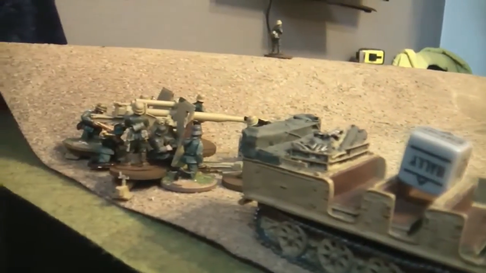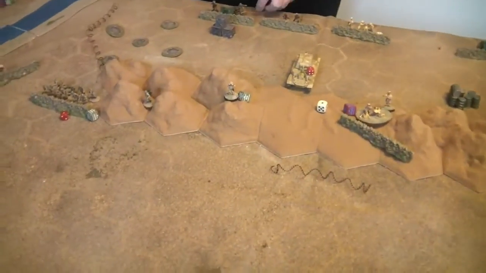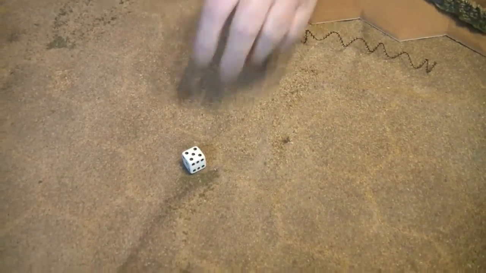And you need a 6 to hit, since you're shooting indirectly. Yes. So show us the die. Oh, 5, that's close. Yeah. You will hit me on the 5 next turn. Yeah. Okay, so the 25 pounder will hit me on a 5 next turn, which means that my spotter is